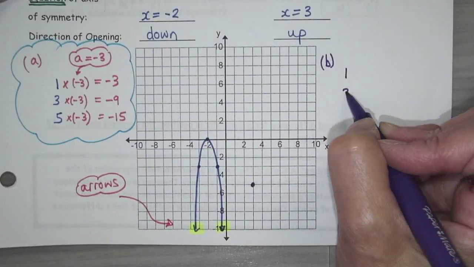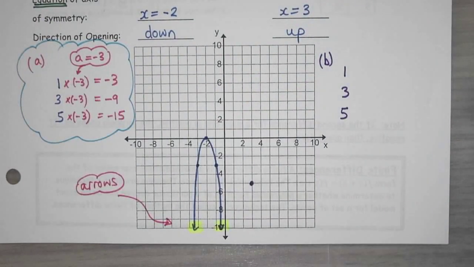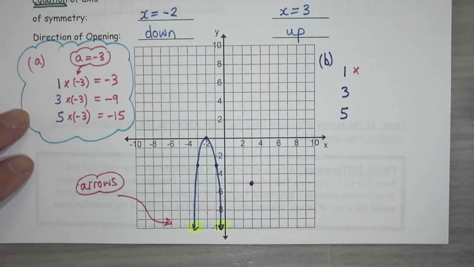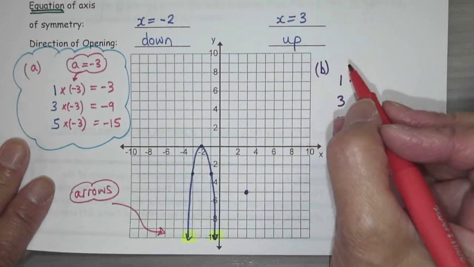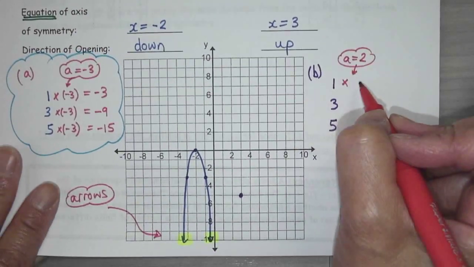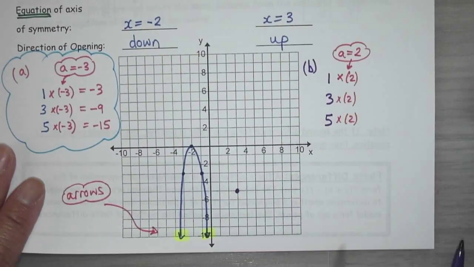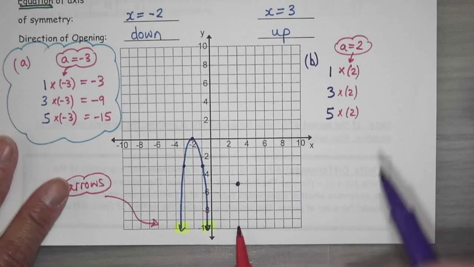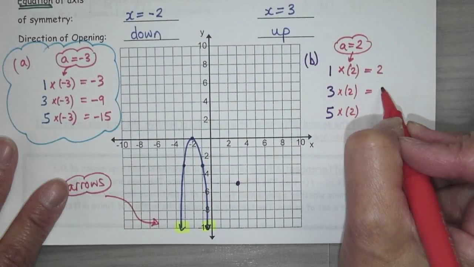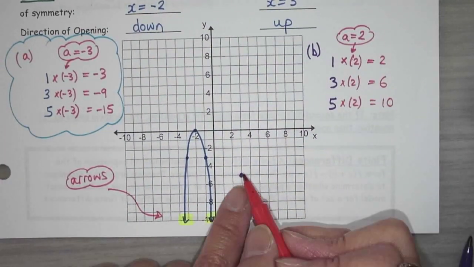We know for the step pattern, we've got that 1, 3, 5, and we're going to go times, what's my A value? 2. So we put that here, and again, you don't have to show all this work, but just so you know where I'm thinking. Okay, so that's giving me my new values, so it'll be 2, 6, 10, right? So times 2, times 2, times 2. So from here,